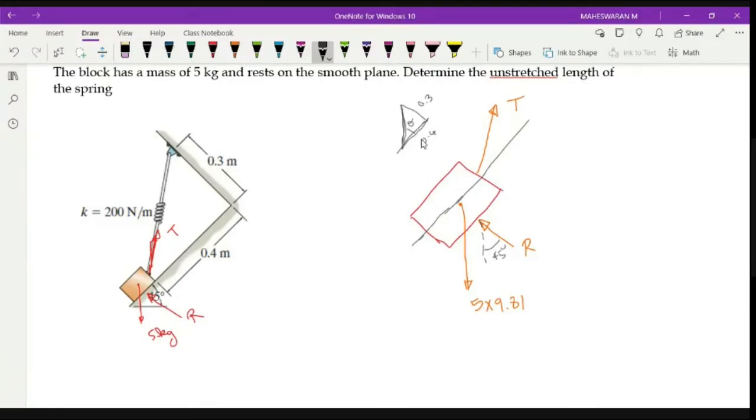So that angle will be 37, sir. So you calculated this, right? Yes, sir. Actually, theta is tan inverse of 0.3 by 0.4. What are you getting? What is this angle, theta? So let me write it as 36.86 degree, right? So that angle is only up to this. This is 36.86 degree.